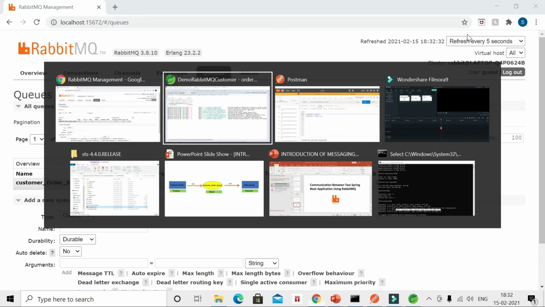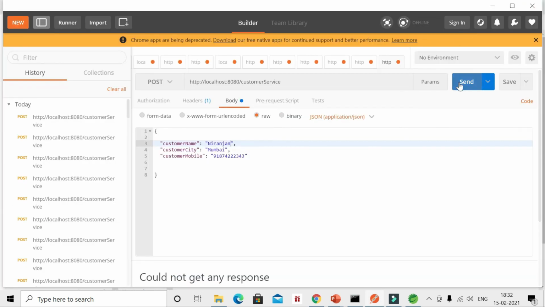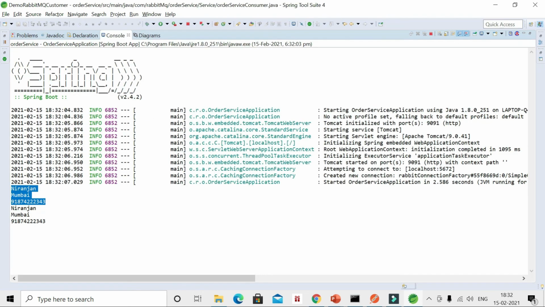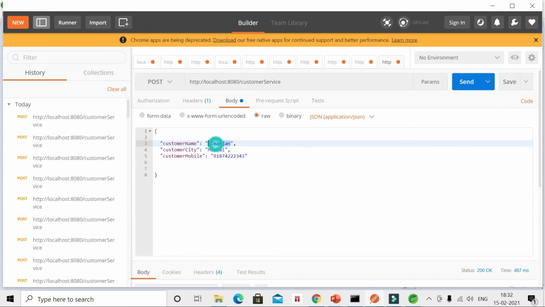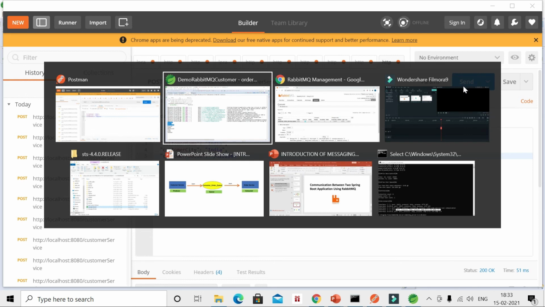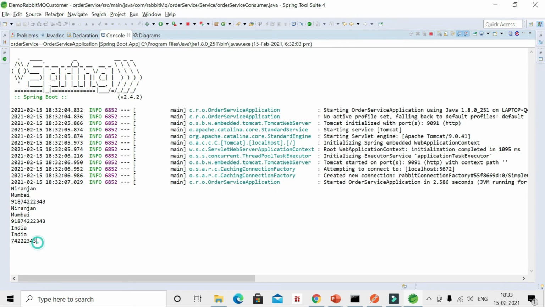So now if you are hitting, see, Niranjan, Mumbai, and if I give anything like India or something like that, and send, you can see here, right? It is coming.